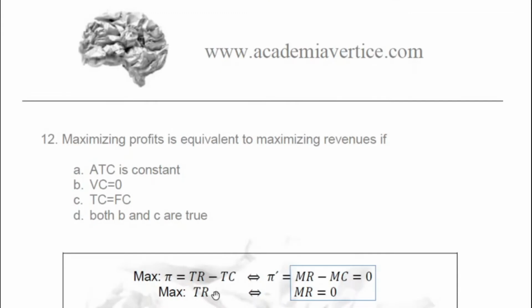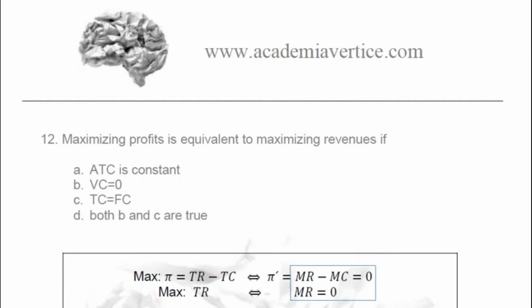If we do it, maximizing profits means taking the derivative of the total revenue minus the derivative of the total cost, so marginal revenue minus marginal cost equal to 0. That's what we will impose. Maximizing total revenues would imply setting marginal revenue equal to 0. Then these two equations tell us the same if marginal cost is 0, and marginal cost is